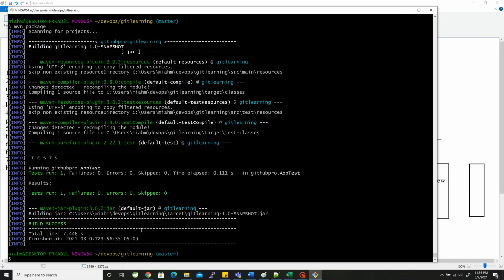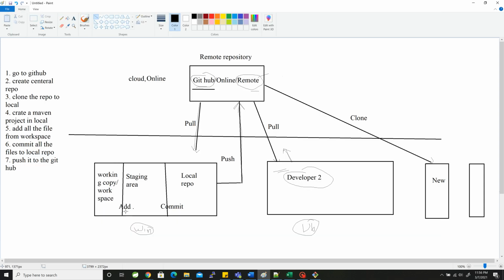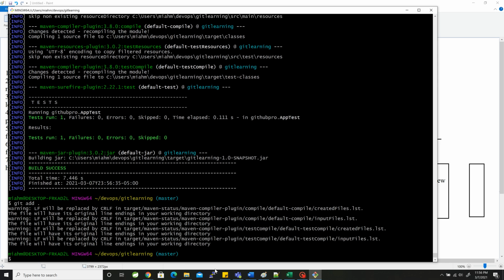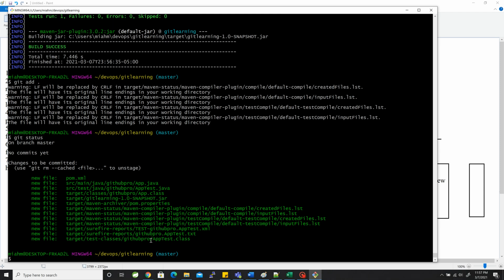Alright, we configure everything. So now we say git add. So basically here, git add all the Maven project that we have created, we are putting in the stage area. Let's go here, enter, put git status. Basically you can see it's all being added. Let's commit now, git commit -m